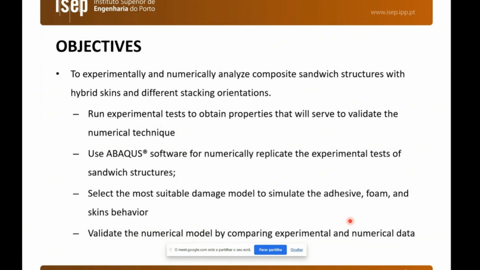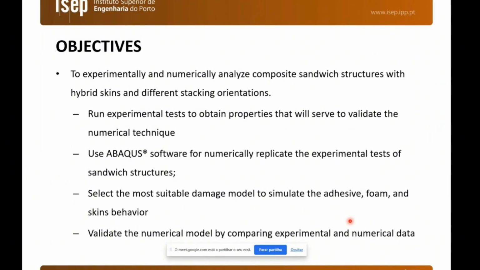The main objective of this work is to experimentally and numerically analyze a composite sandwich structure with different skin configurations. In this, we will have hybrid skins between plies of carbon and glass, and also different stacking orientations. To accomplish this objective, we run experimental tests in both 3 and 4-point bending so that we are able to obtain the properties and the parameters that we need to validate the numerical technique in terms of failure mode of the